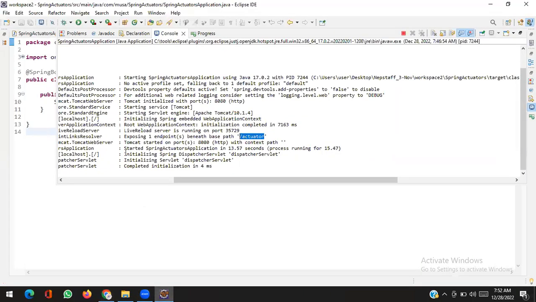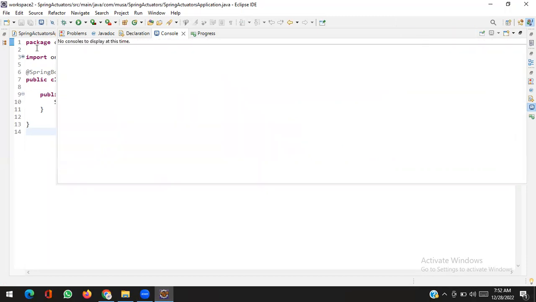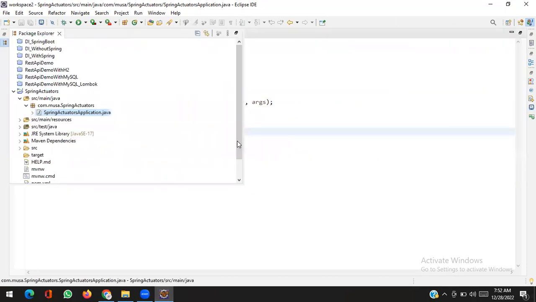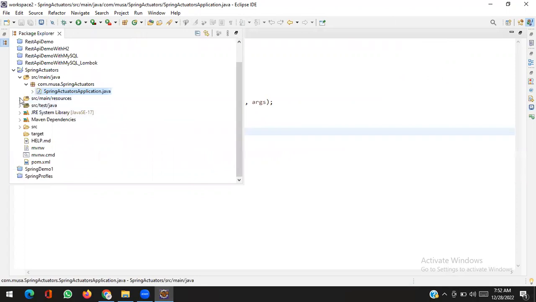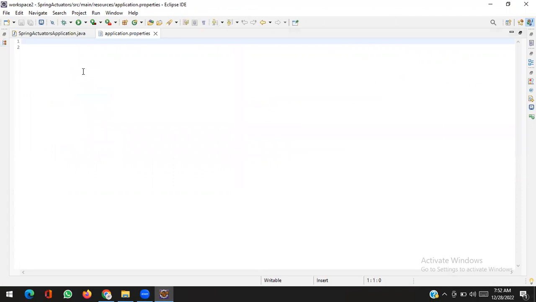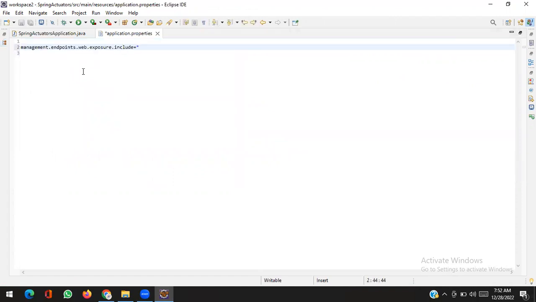what happened? Let me stop the server and I will open my property file under the resources folder. Here I will write this. Asterisk means all. Asterisk means all. All endpoints will be exposed by default. Okay, great. Let me